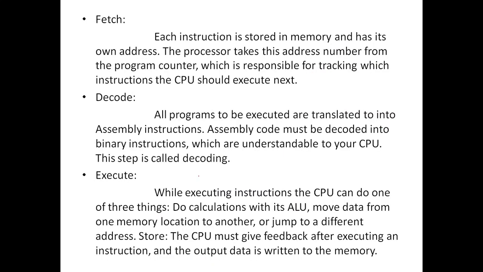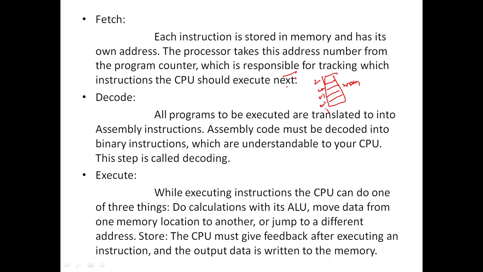And next is fetch, decode, and execute. Fetching of instruction: what do we mean by fetching of instruction? We are going to store each and every piece of data in the memory, right? This main memory has its own addresses. Suppose this main memory is divided into blocks. Each block has its own address. So these addresses are 201, 202, and in sequence 203, 204, like that.